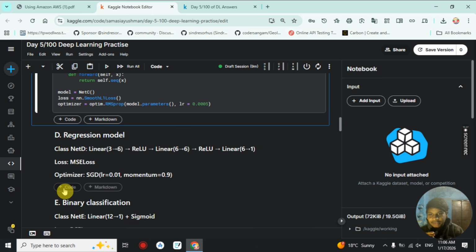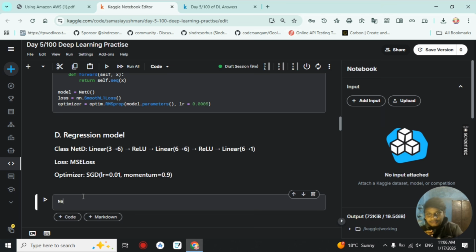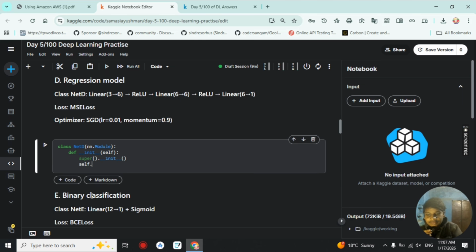Now we have here a regression problem with our netD. Class netD, which takes our nn.Module, which first has our init here, which will take our self. Then we have our super to initialize our super class. Then we make here our sequential layer, self.sequential,